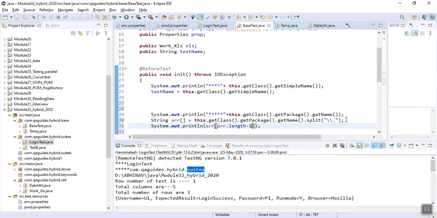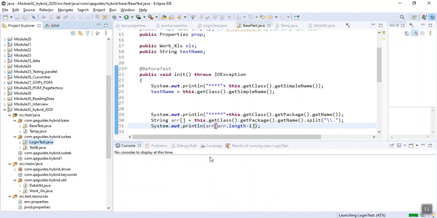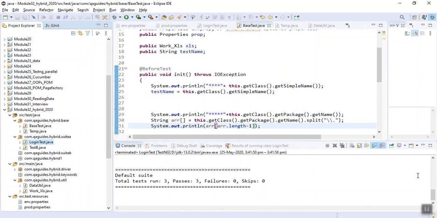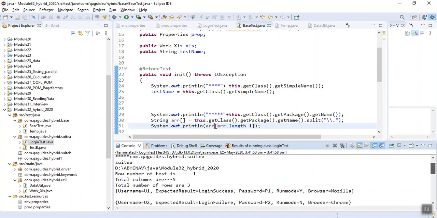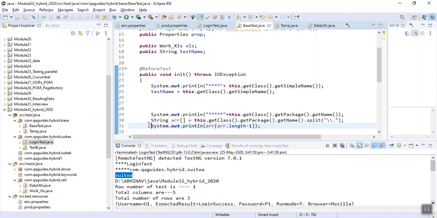Let's run it and see whether it prints suite A or not. See, now it is printing suite A. So let's take it in a variable.